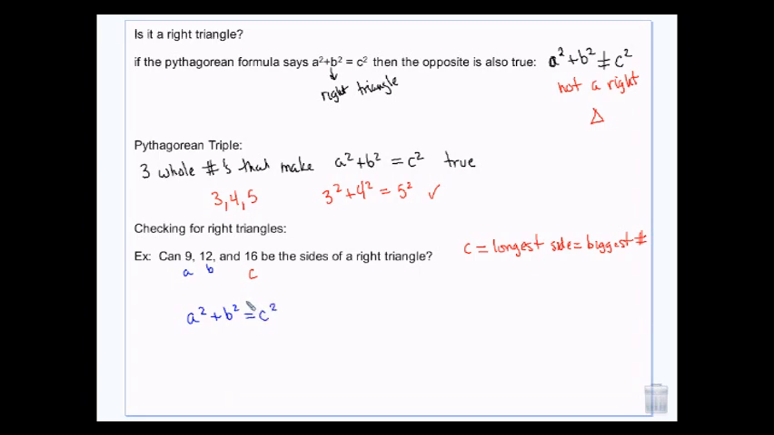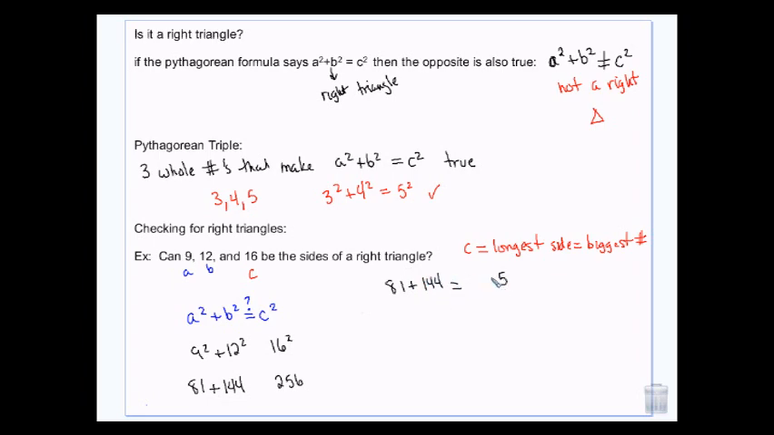Except I'm going to put a little question mark there. Is it true? Does it equal that? Well, let's try it. If I do 9 squared plus 12 squared, does that equal 16 squared? So I have 81 plus 144 and 256. Well, 81 plus 144 is